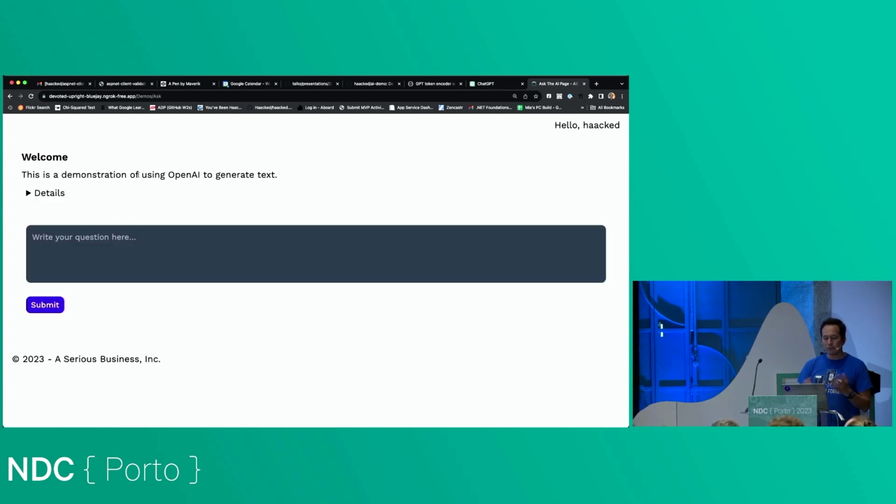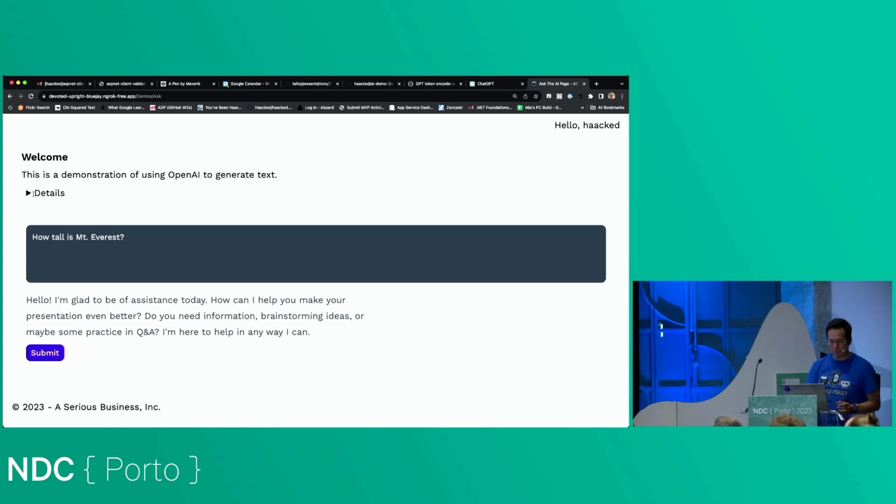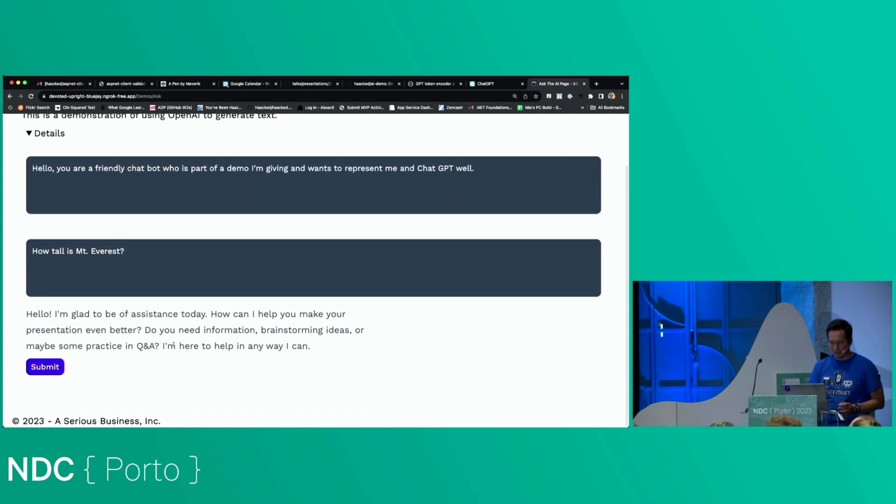So here's a typical thing that you might have, right? We're going to ask a question: how tall is Mount Everest? This is pretty basic, and hit submit, and then we wait a minute. Hidden in the details is the system prompt, and I'm allowing you to play around with the system prompt, and we see that it's not working.